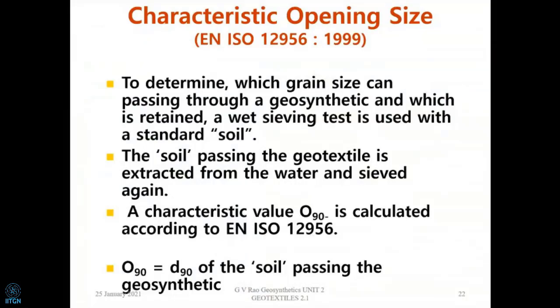The third characteristic is to define the opening size. In the earlier classes, I have shown you under the electron microscope view that the opening size and shape are different for all geotextiles. Because of this variation only, we found that it will work very well as a filter also. They are not even visually seen. So we can conduct a sieve test kind of thing. In this case, we can conduct a wet sieve test, a dry sieve test, and many ways of looking at it. What we are going to do is conduct the test in a reverse way. In a normal sieve, what are we going to do?